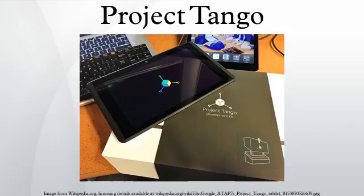Overview: Project Tango is different from other emerging 3D sensing computer vision products, such as Microsoft HoloLens, in that it's designed to run on a standalone mobile device and chiefly concerned with determining the device's position and orientation within the environment. The software works by integrating 3 types of functionality: motion tracking, using visual features of the environment, in combination